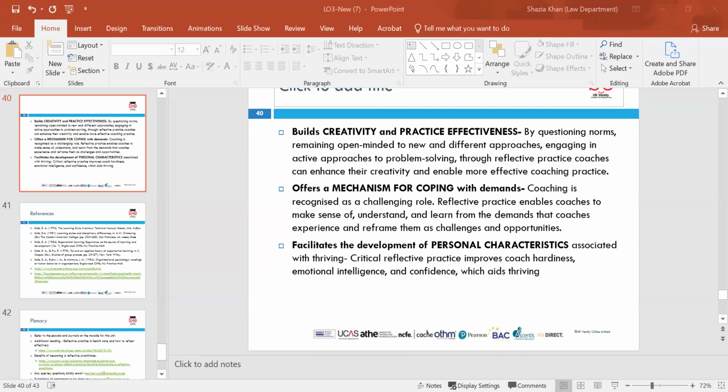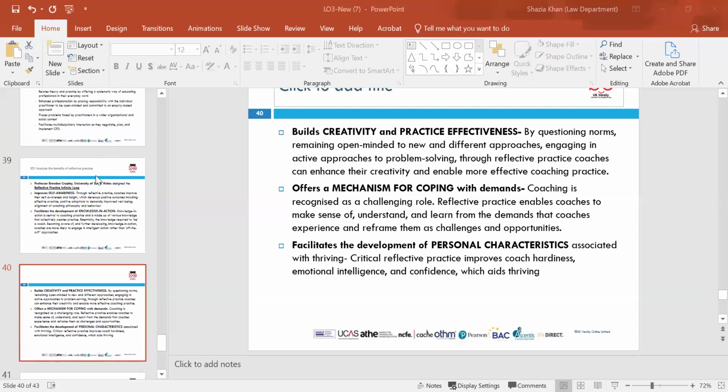Again, improving your decision making, making sure you've got enhanced communication. It's really important to identify the benefits of reflective practice and make sure that you're building on them. If you reflect on yourself and make sure that there's critical reflective practice in place, it improves your understanding of how things work. It improves your deeper learning.